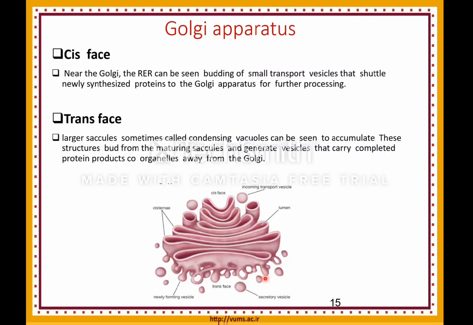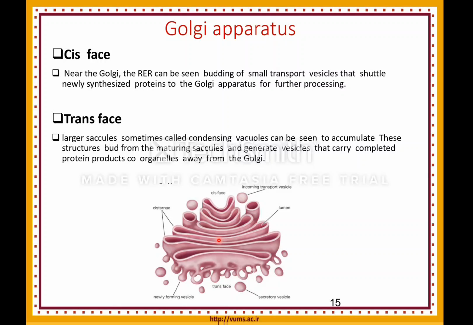These vesicles separate from the trans phase and transfer to other parts of the cytosol or other parts of the cell. And the cisternae located between the trans and cis phases are the intermediate or medial cisternae, which are mostly involved in